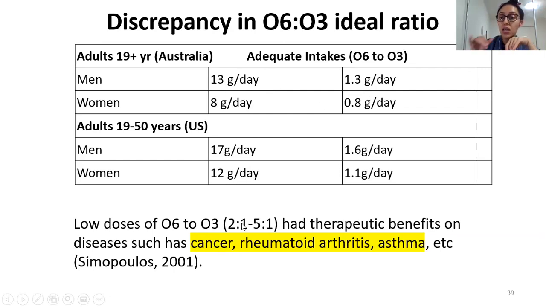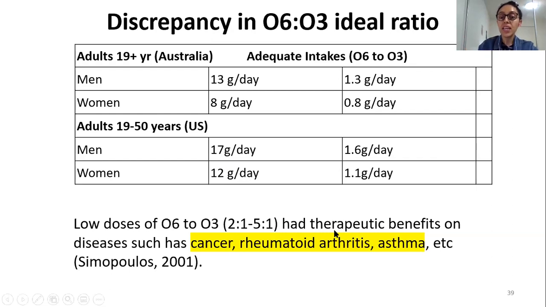So over here they say that the ratio should not be so far apart because you have omega-6, which is essentially consumed so easily in the diet. Therefore, researchers are recommending that we narrow this down. It should be, say, at least 2:1 or 5:1. But as I said, there is not sufficient level 1 evidence to make this into a dietary guideline. For it to become a national dietary guideline, which is benefiting the majority of the normal healthy population, it needs to undergo a rigorous amount of research. Okay. So that's why it is still not